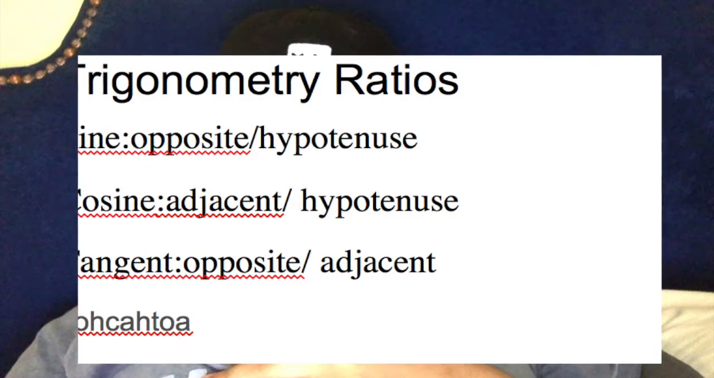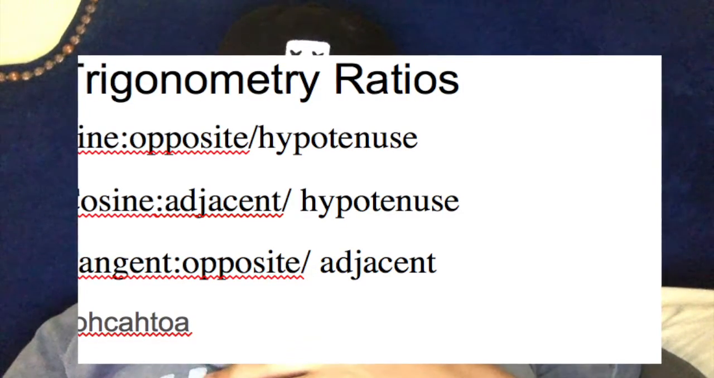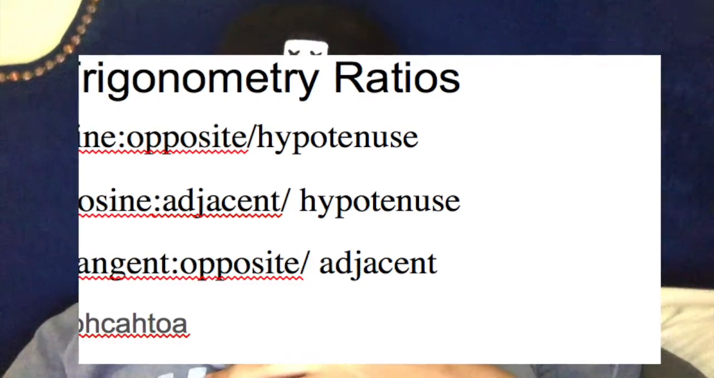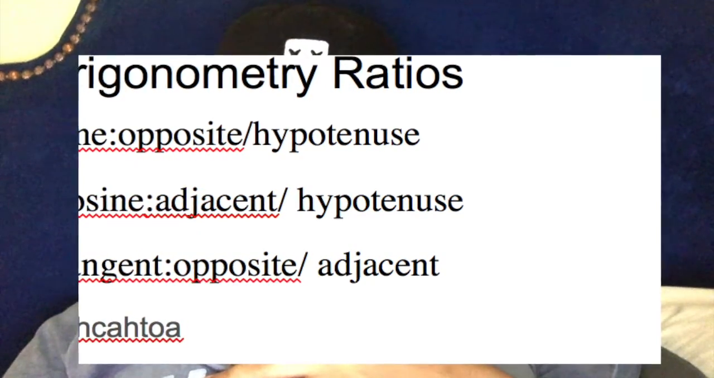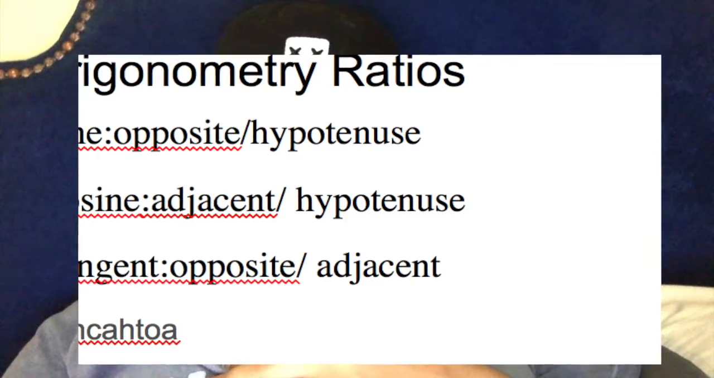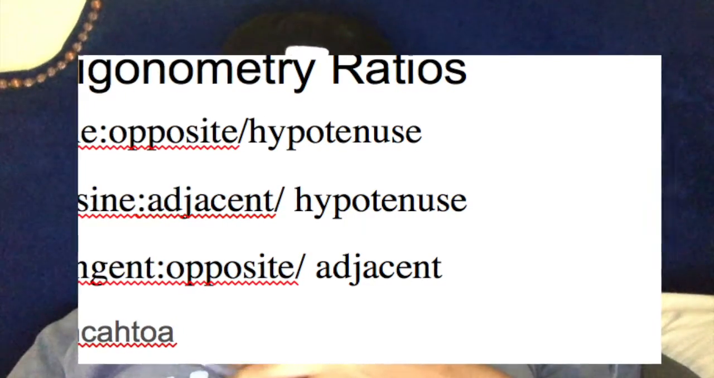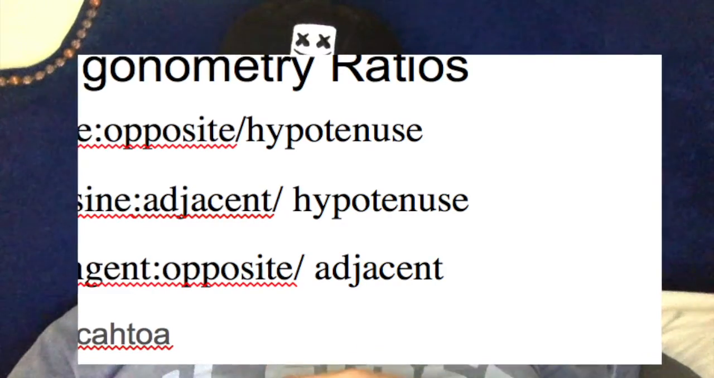Trigonometry ratios: sine is opposite divided by the hypotenuse, cosine is adjacent divided by hypotenuse, tangent is opposite divided by adjacent. And you also have to remember the